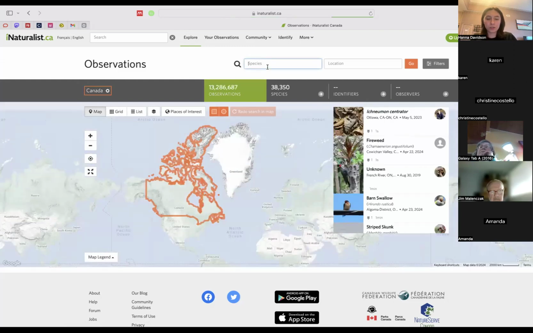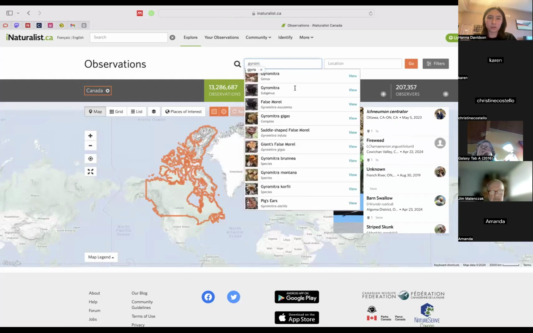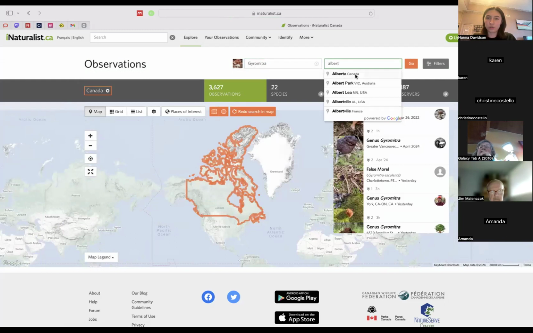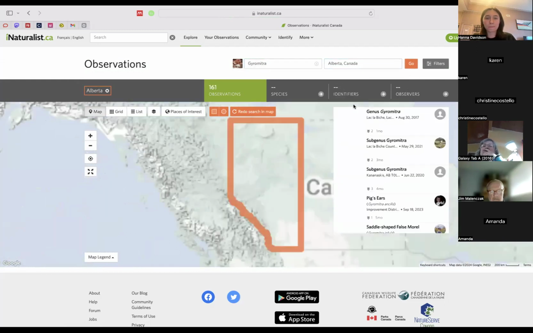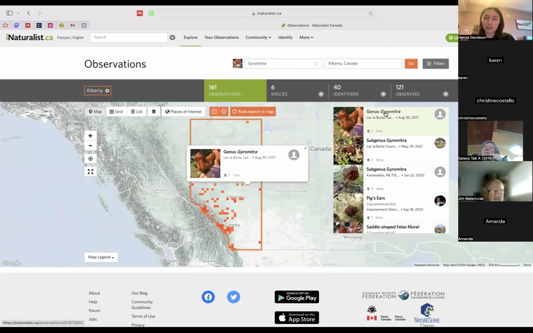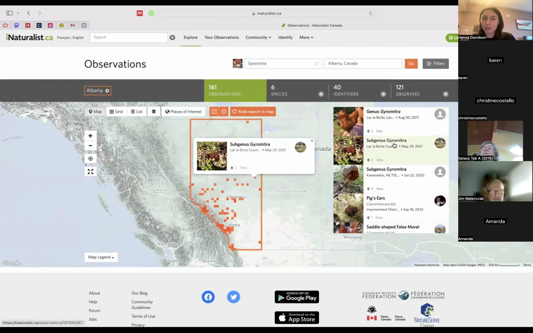So we can go here, we can search Gyromitra, and we can search Alberta. Same thing, 161 observations of 6 species. Let's just check here. We can see some people left it at the genus level. Some went to this subgenus level, but there's not a lot of difference within this group.